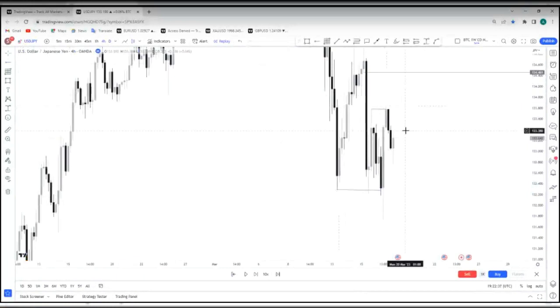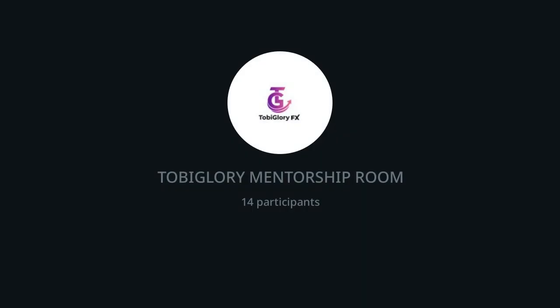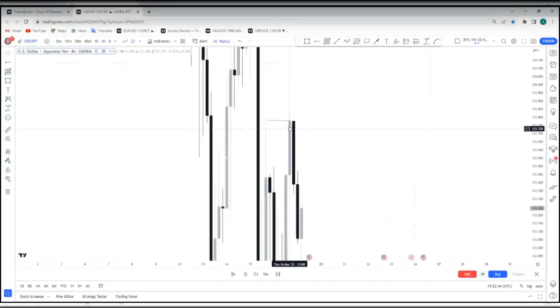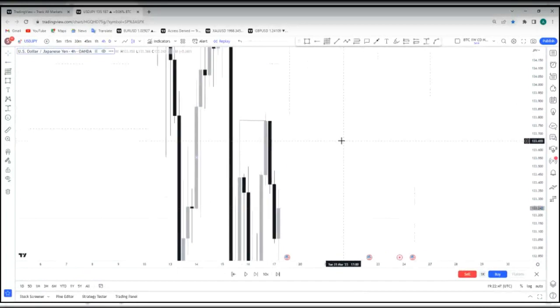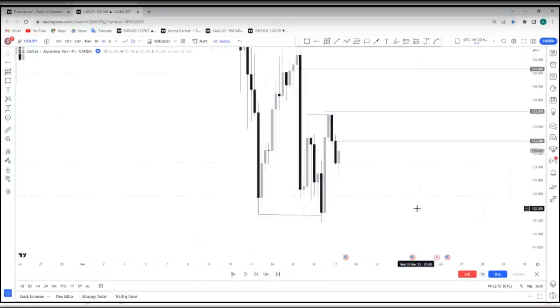On 4 hours time frame, how do I mark it out? This candle, this sell candle is my what? Supply zone, not this other one. This other one is what you call order block. Then how do I mark it? From here to here. Then once I have finished marking it on